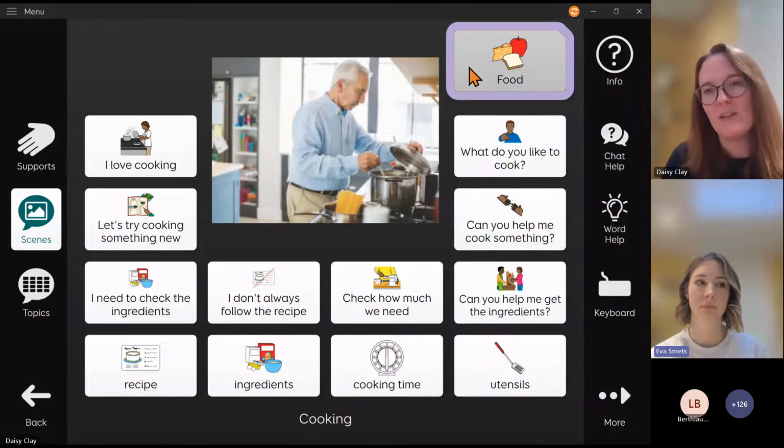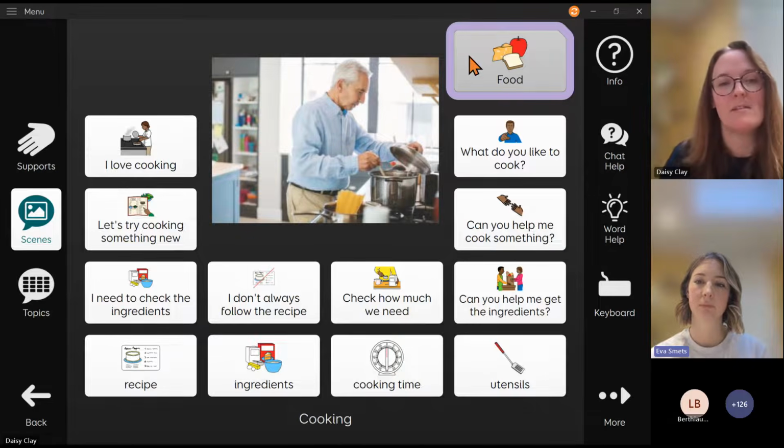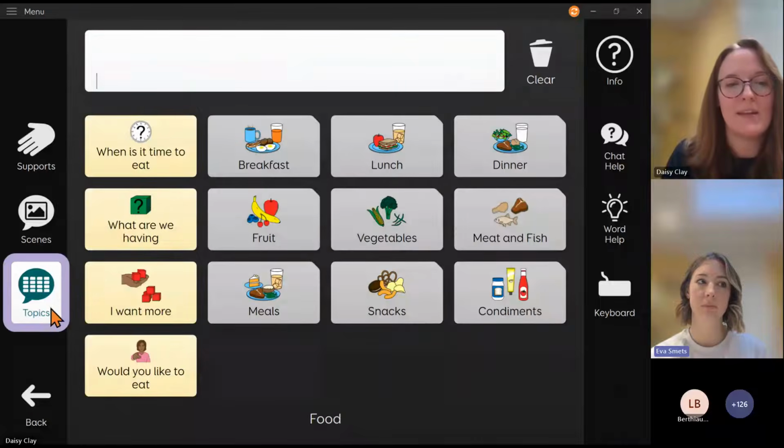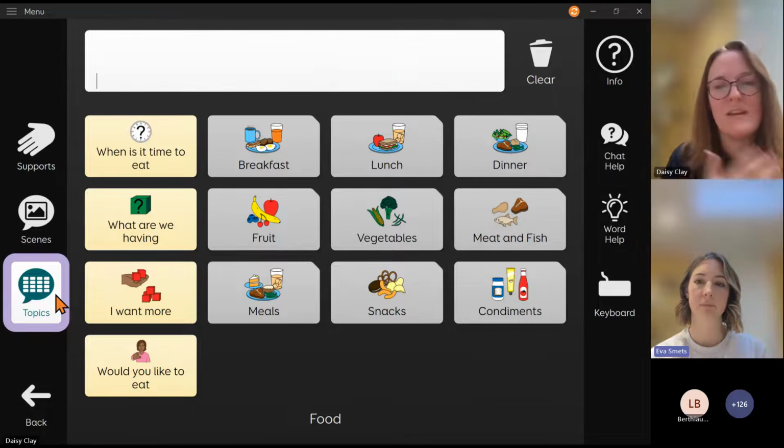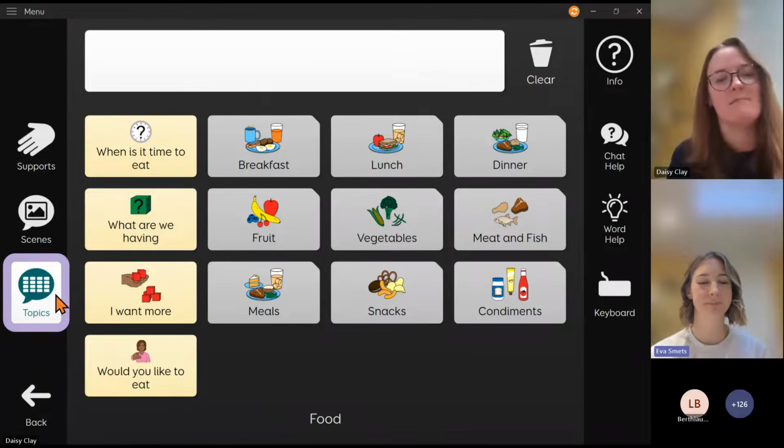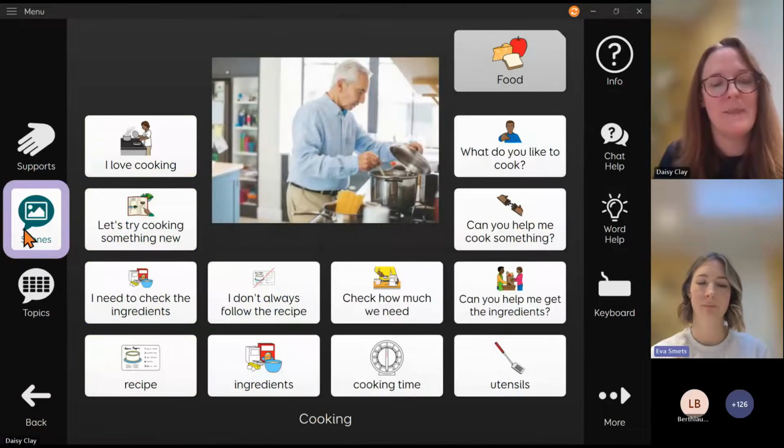And as I've already mentioned, in the top right corner, we've got jumps to other useful places. So if I were to select food, that's going to take me to the food topic. And you can see that visual highlight, really helpful for just confirming I'm in the topic section now. And if I select back, that's going to take me back to that visual scene.